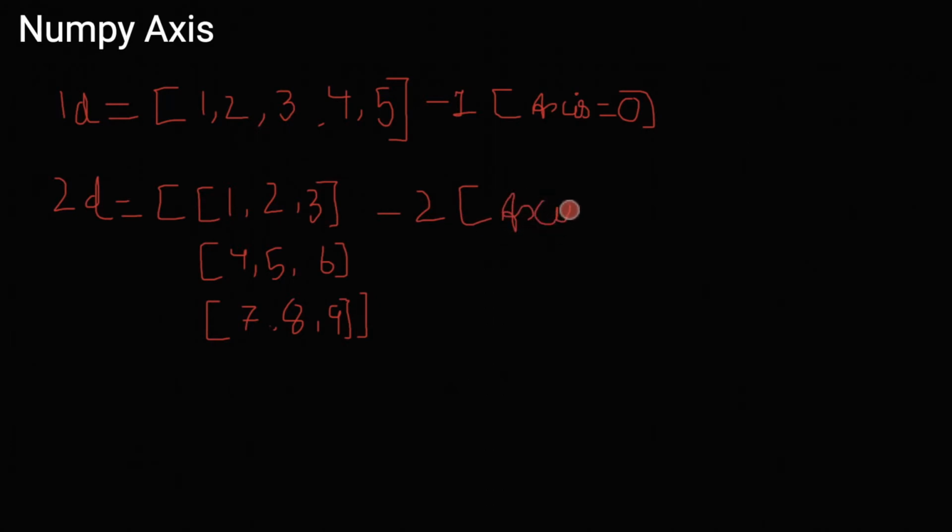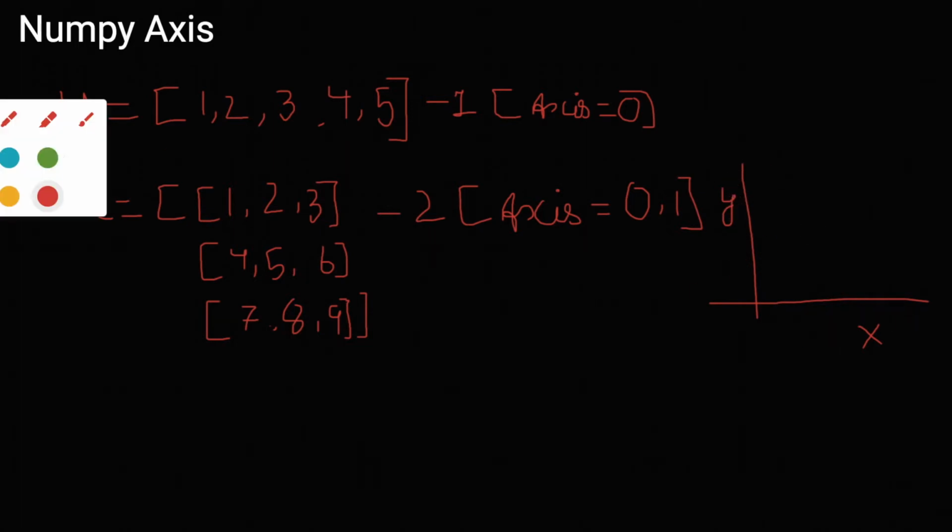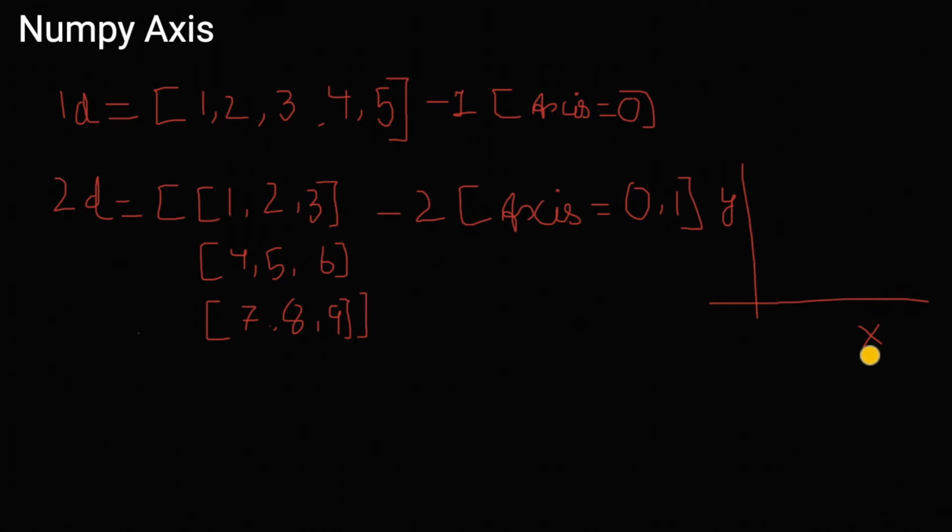So why is it 0 and 1? The basic thing is, when we start counting in programming, we start from 0. This is the most important part. Now for example, let me create a bar graph. Now you know the x and y coordinates when we draw a bar graph. So here we have x and here we have y. So this is y and this is x. Let me change the color. So here in this 1D array, 1 2 3 4 and 5,